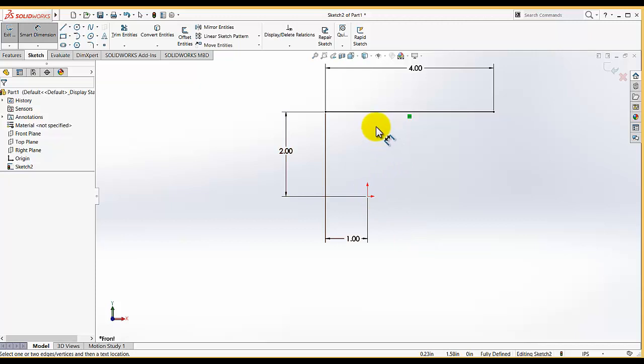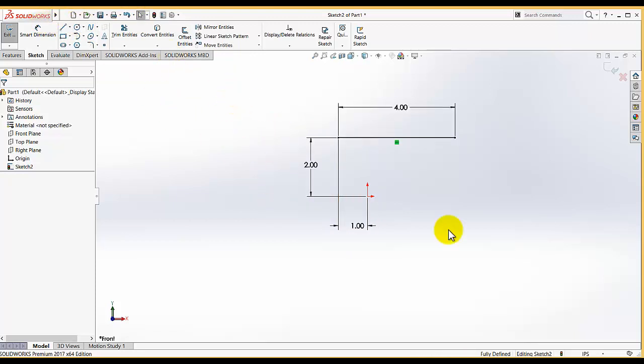So if you do not start your sketch from the origin, you need to define the position dimension of your sketch from the origin, like how much it's away vertically and how much it's away horizontally. Now delete it,